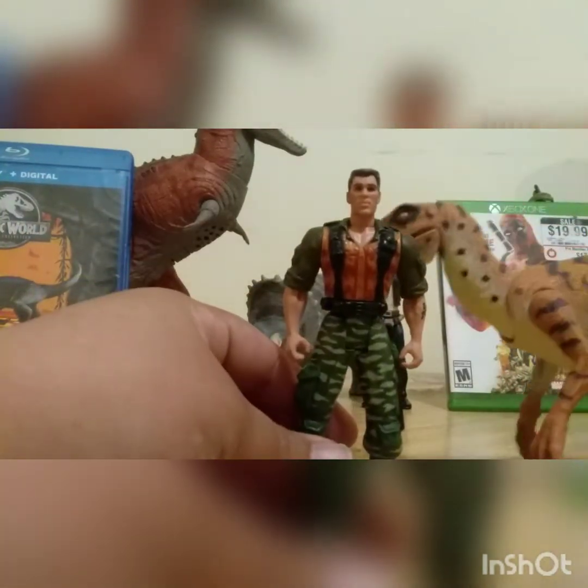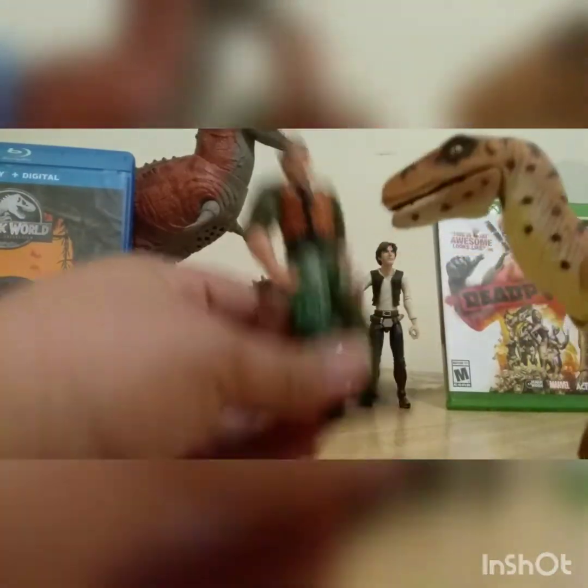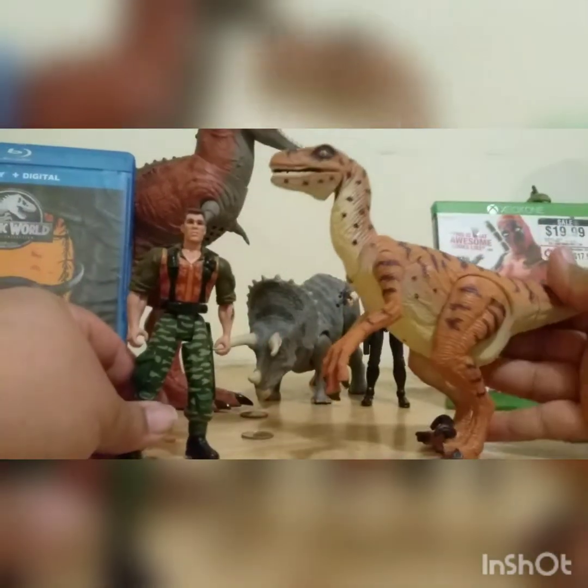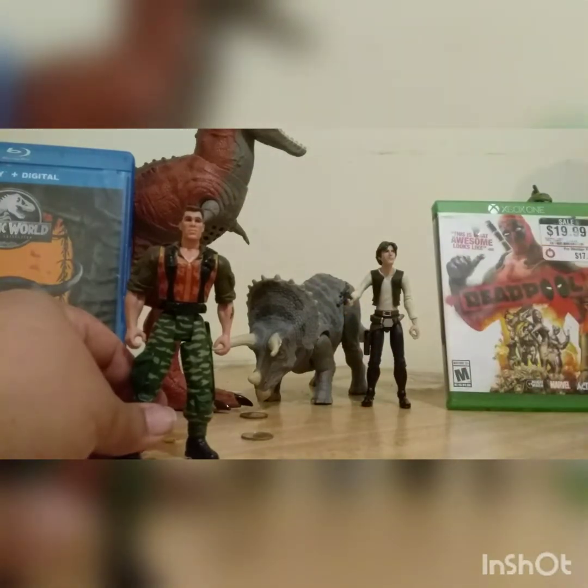So I've got over here the Snapjaw Raptor, to compare size-wise to a figure from its day. And next to...